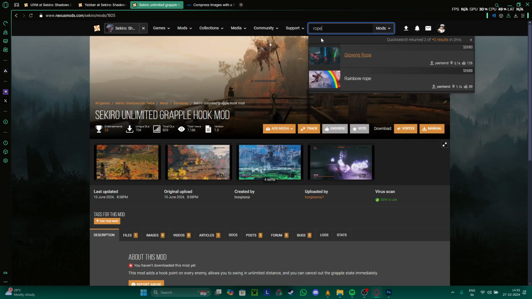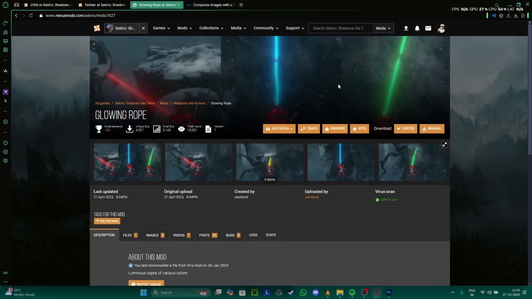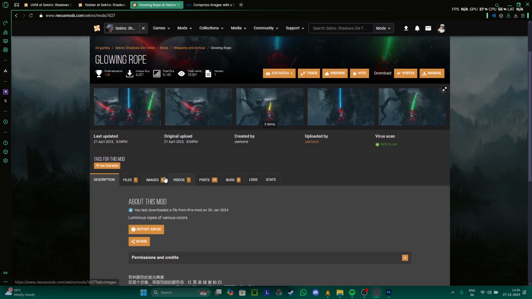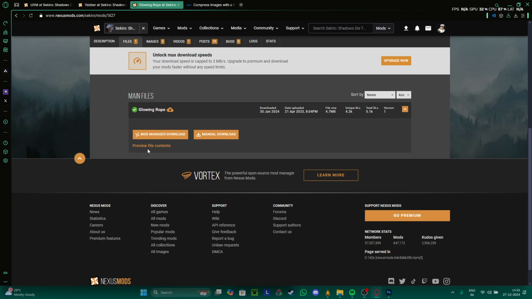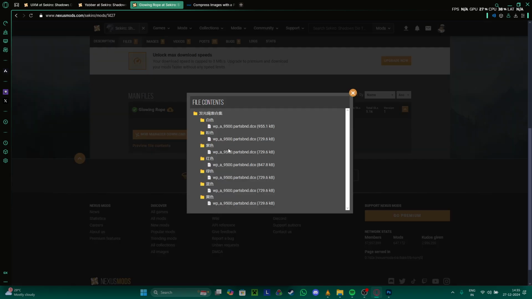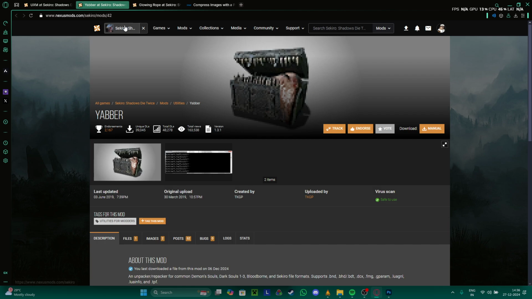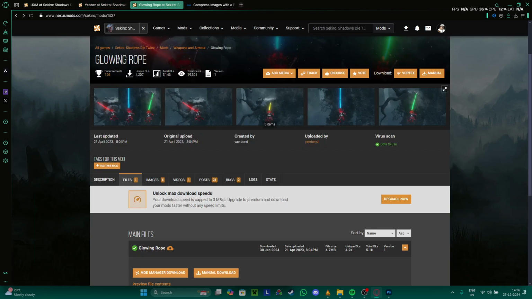So yeah, you do this grapple mod, right? I just go to files and I go to preview, and this way I know that grapple is WPA 9500. That's how I know the exact part, folder, or file I need to use. Anyways, going back